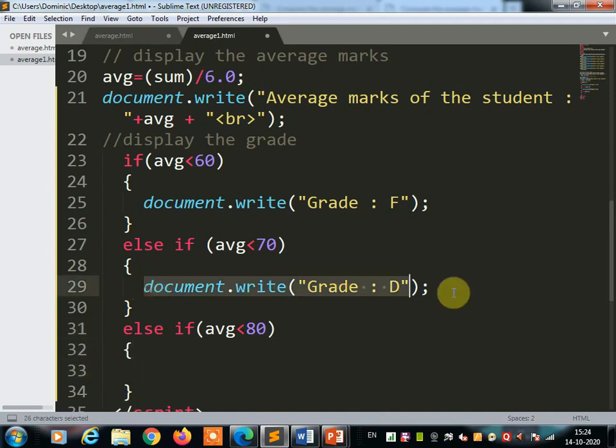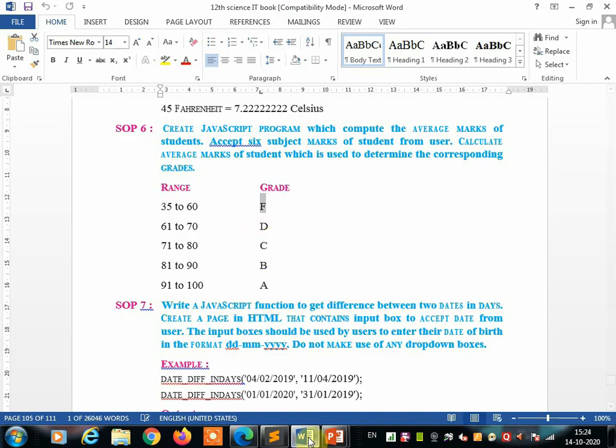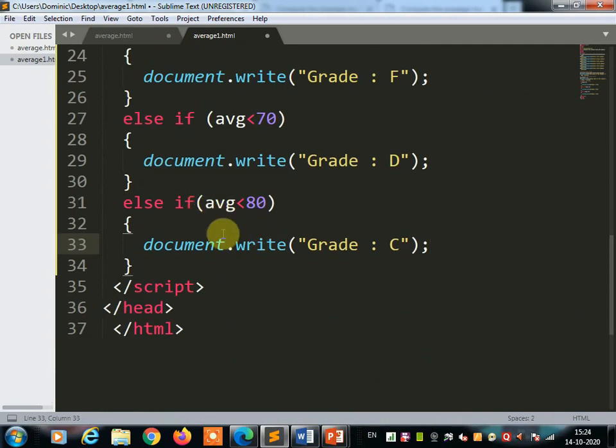Here the statement we need is for the next grade, that is C grade. So here make the changes to C grade. So if the average remains below 80, then the student will get grade C.